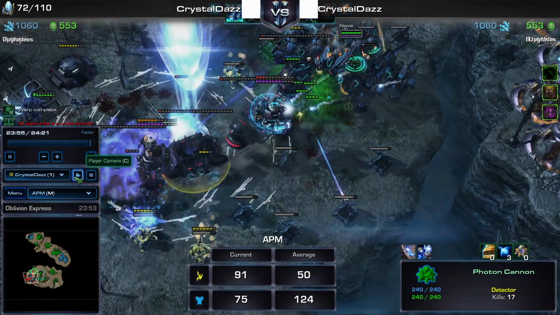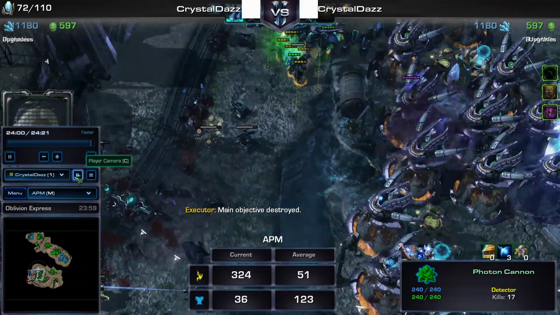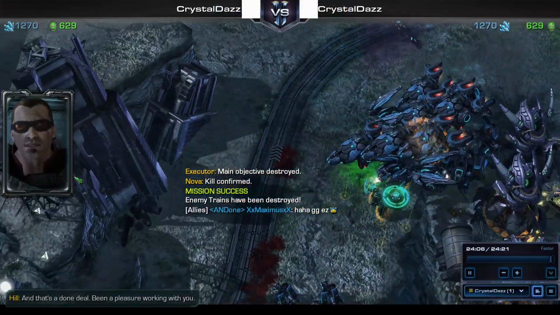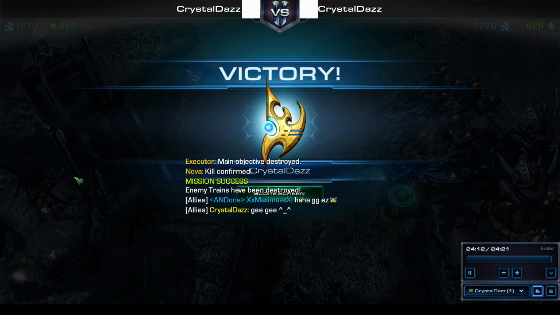Yeah, make sure you know the map to counter darkness. Make sure you get detection against Terrans. Make sure you have a Karax or a Swan to heal. It's been a pleasure working. And I think you're good to go, so...